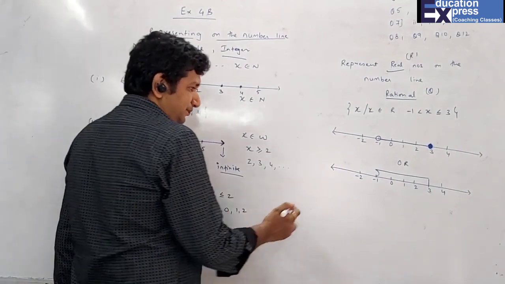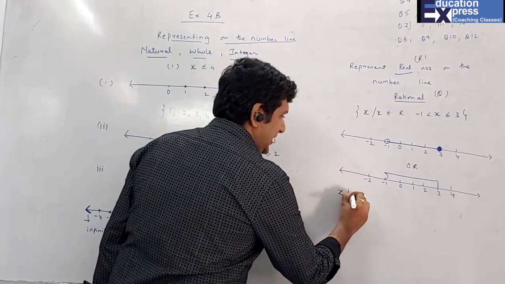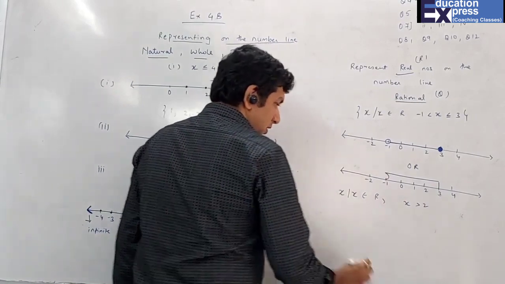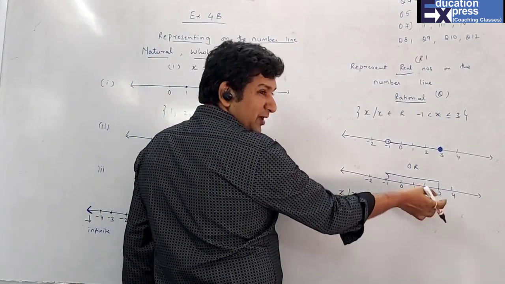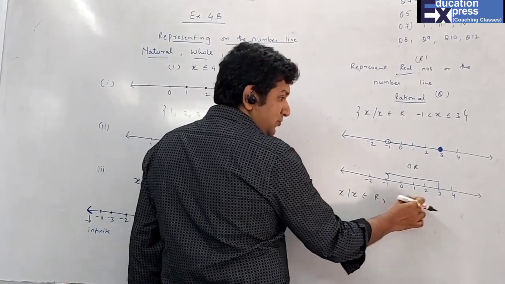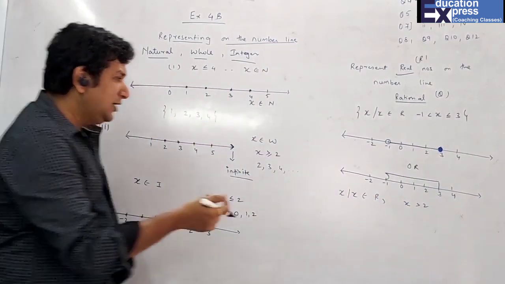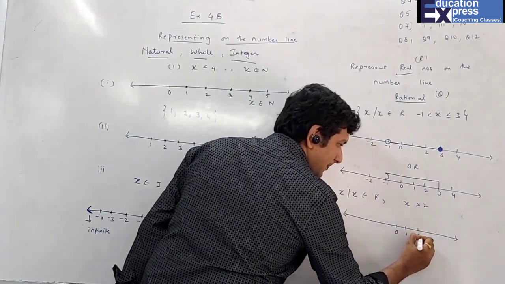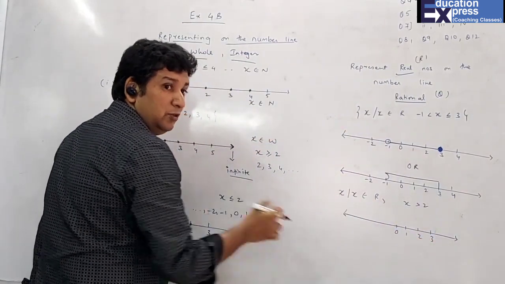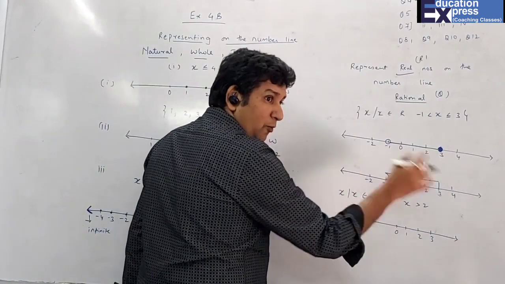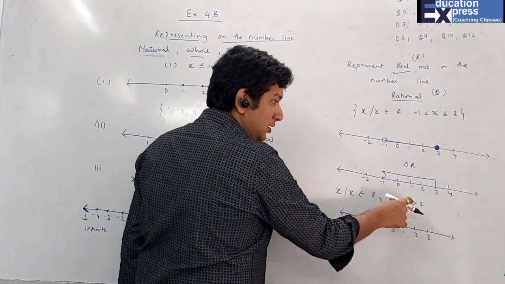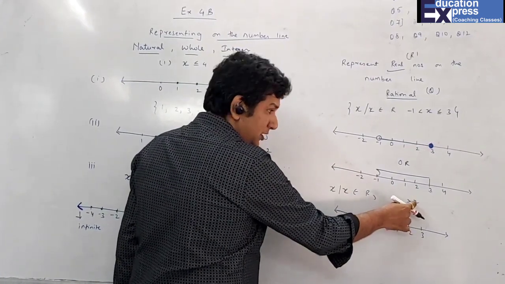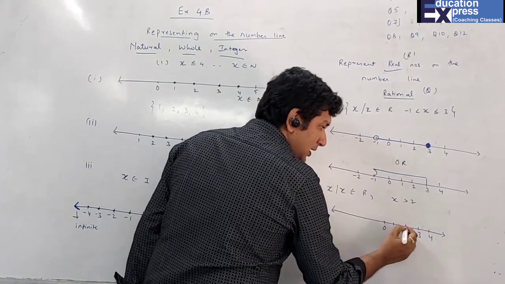One more example. In case they have given that x belongs to real numbers and x is more than 2, you can see that we have a limit on only one side. X is a real number and x is more than 2. So x is more than 2 means, will it include this side? No, because x is more. More means it has to go on the right hand side of that number. X is more than 2 means it will definitely go on the right hand side of the number present over here. So from 2 it will go to the right.